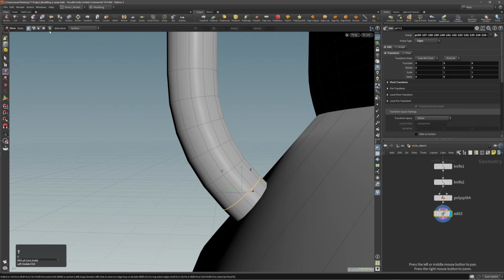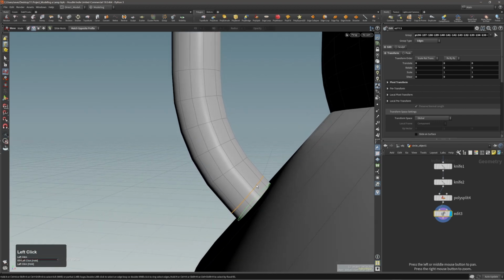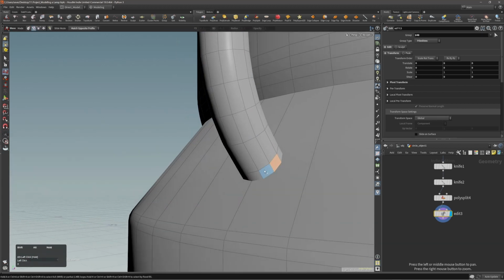Activate edit node, and then with my slide on surface, I'll make sure that I'm matching the profile here. So now we can see that we are trying to match this neighbor here, but I want to match the opposite one, this one here. And then I will select these polygons,